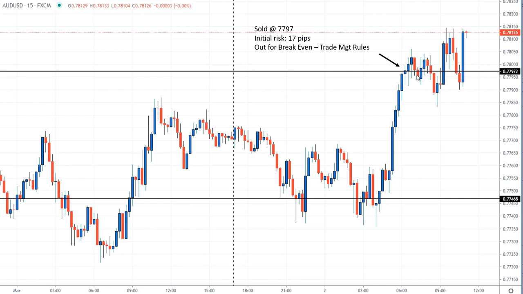We have trade management rules for this. This was a break-even trade. No problem. We sold it. And it ended up, like I say, just breaking even. And the rest doesn't matter. Once you're out of it, look for the next trade. And that's it. I'm actually going to show you a few trades as well